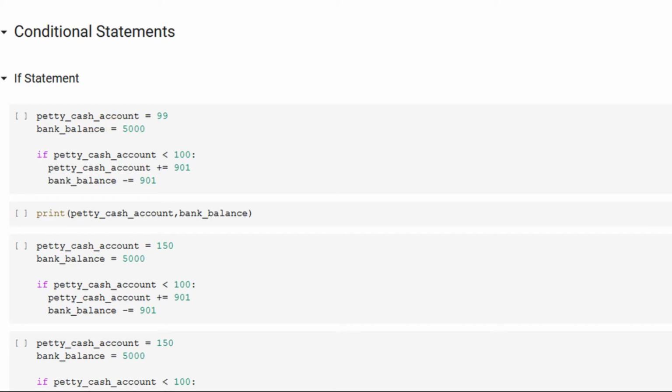Let's break this down. An if statement starts with the if keyword followed by the condition to be checked. In this case, we are checking if the petty cash account is below $100, and then a colon. This condition is called a Boolean expression that evaluates whether it is true or false.